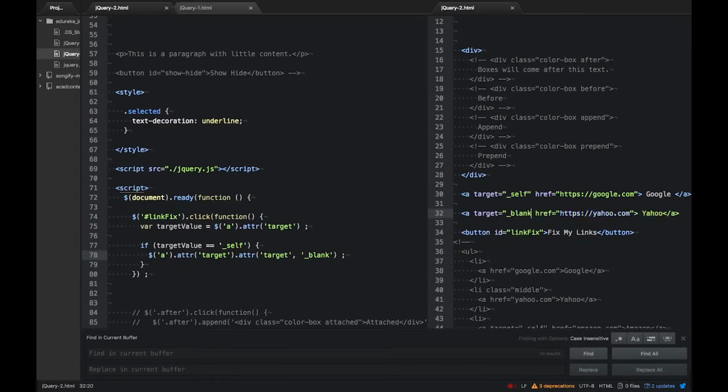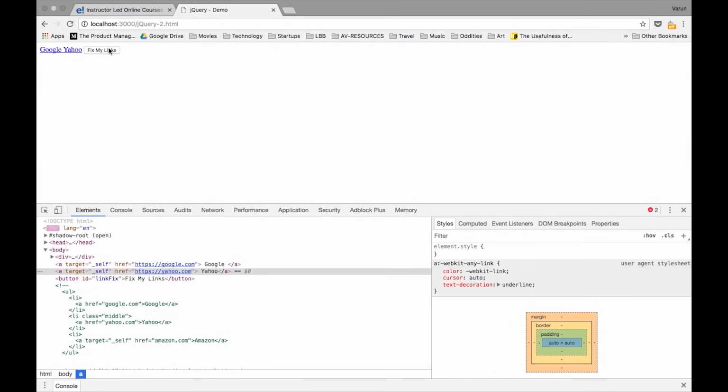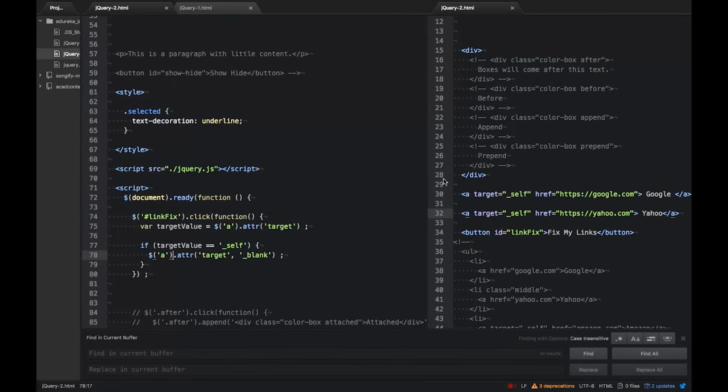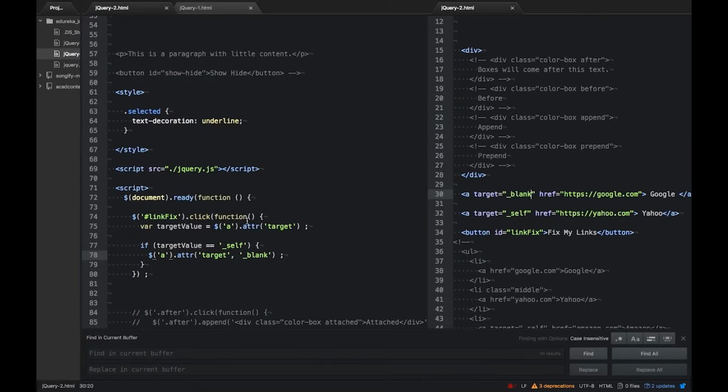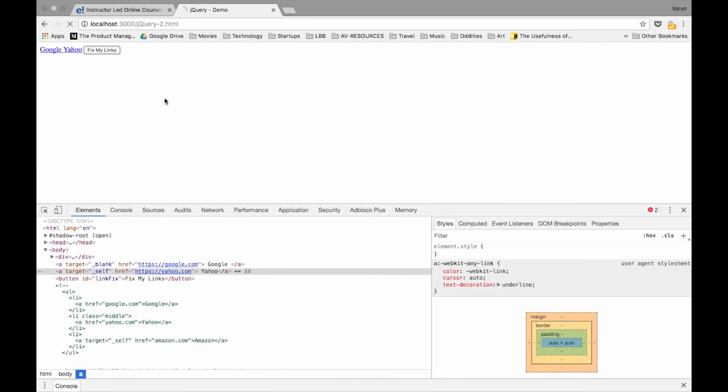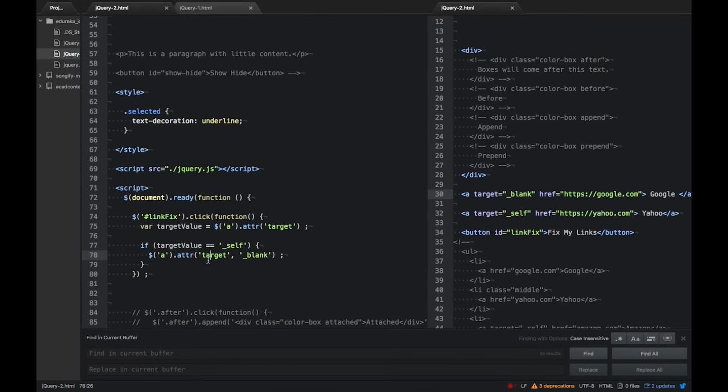Okay, wait. Right. Sorry. So it will set for both of them. And if this was blank, then this does not work because if there are multiple matches, it will stop at the first one. It will stop at the first one, and because it will not find it to be blank,